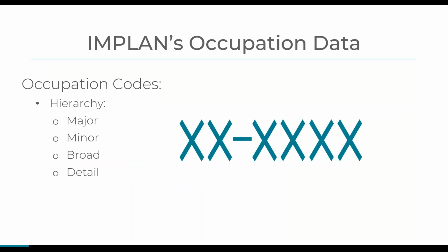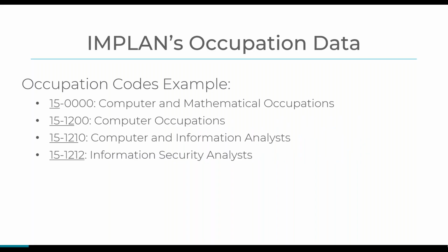The first 2 digits indicate the broader type of occupation that the code represents, and as the following digits gain detail in the form of being non-zeros, the occupation code becomes more specific. Hierarchically, we refer to all of our occupation codes as belonging to one of 4 categories. Those are major, minor, broad, and detail. To provide an example, we could look at the following. So the code